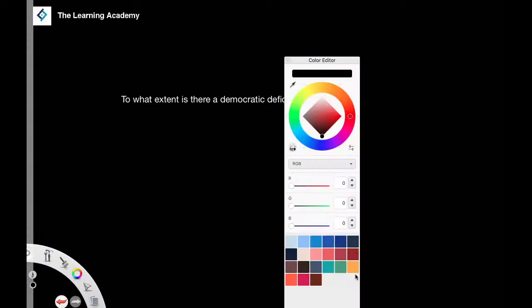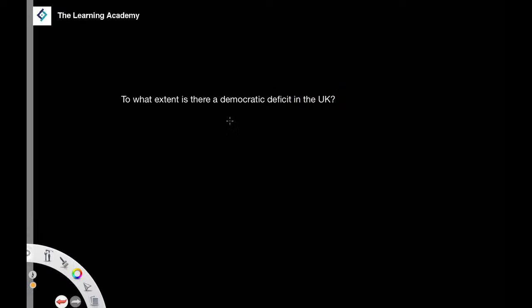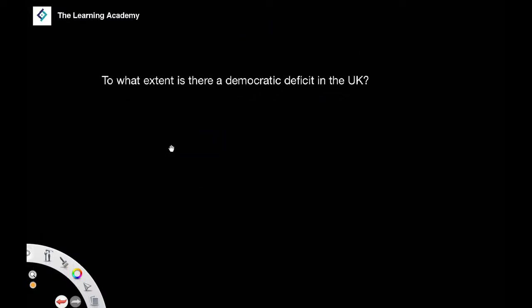So we're going to talk about liberalism, we're going to talk about prime ministers, and we're going to talk about democracy and participation. And we're going to start with democracy and participation. Specifically, to what extent is there a democratic deficit in the UK? Now, whenever we start these questions, let me get my colours so that, there we go, we're going to use this colour. So whenever we start these questions, the first thing we want to do is have a look at,